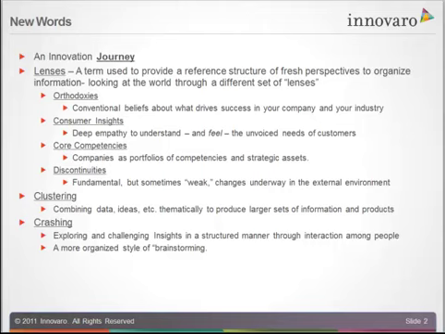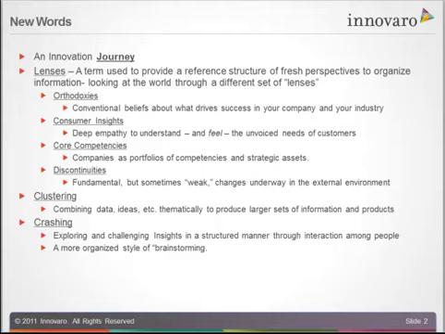Within our methodology, we use a couple of terms. One of those is lenses, and lenses is a fairly important term. Lenses basically is a term that we use to describe a reference structure, which is all about fresh perspectives to organize information. And if you think of it in the classic sense, it's looking at the world through a different set of lenses. It's a way to organize your thinking. And the four key lenses that we use, and there are a couple others, but the four key ones are